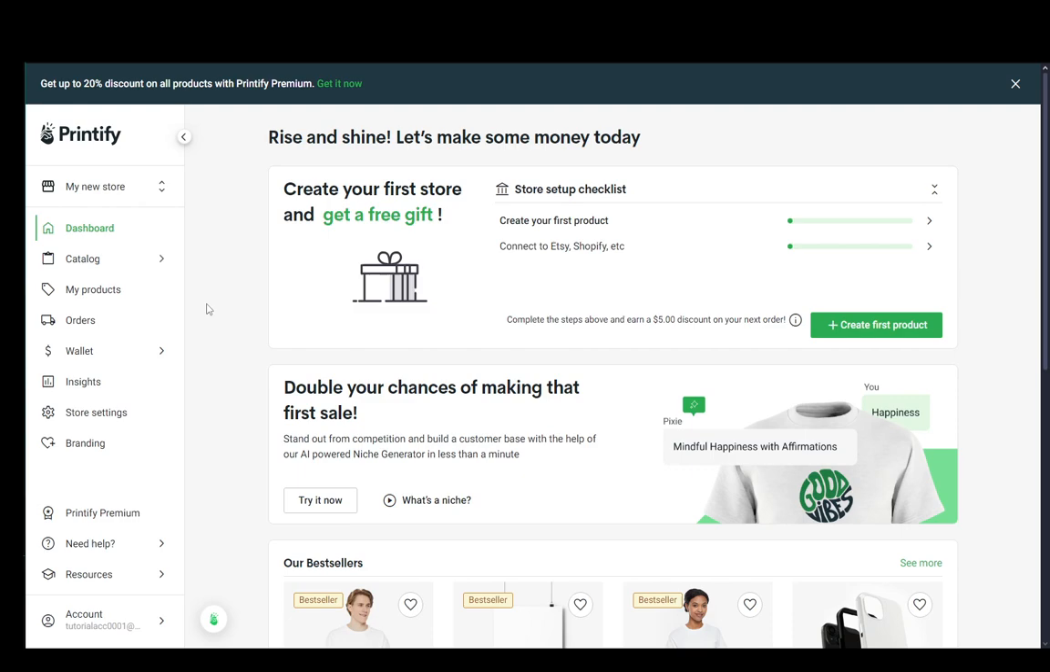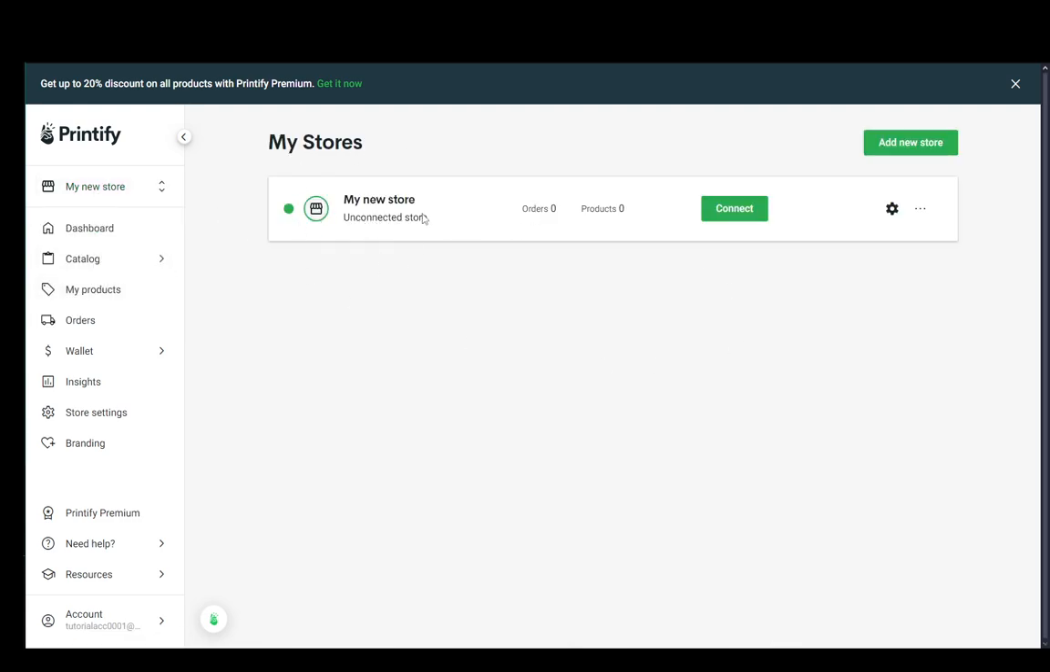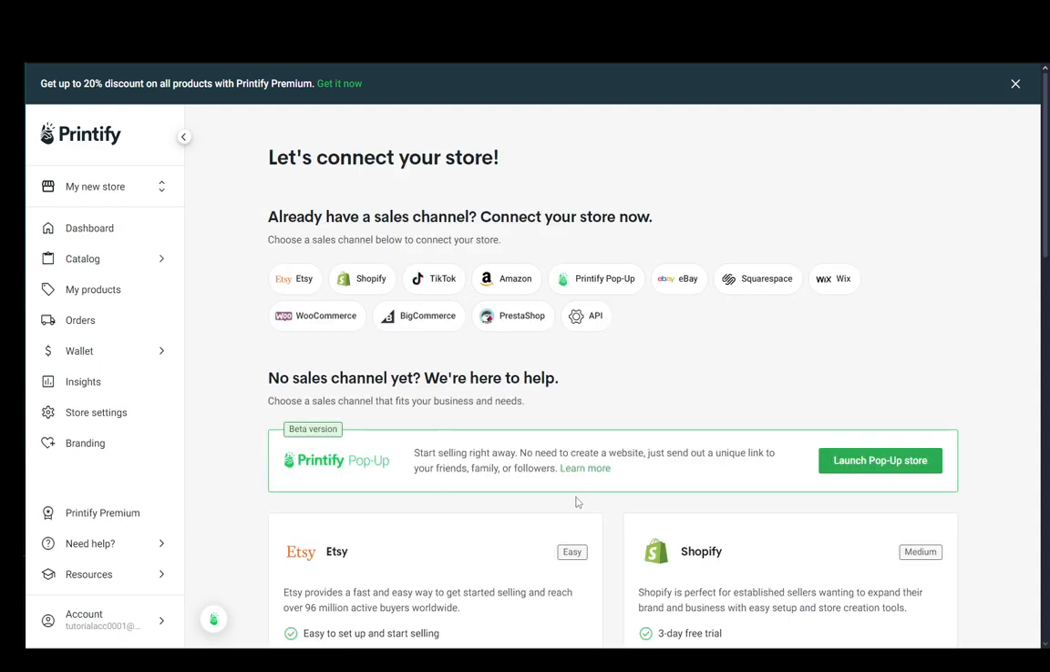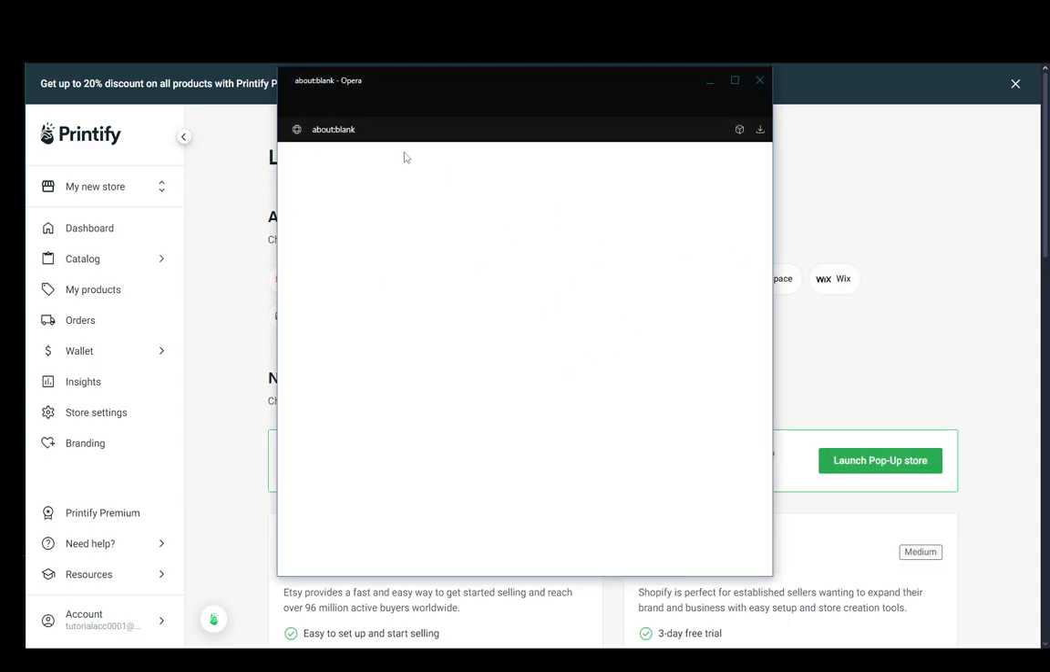Once you're on Printify on your main page, you're going to want to click on this collapsible menu and click on Manage My Stores. Once you're here, select whichever store you want to connect and click Connect, and then select the Wix option. This will open up the page where it's going to prompt you to log into your Wix